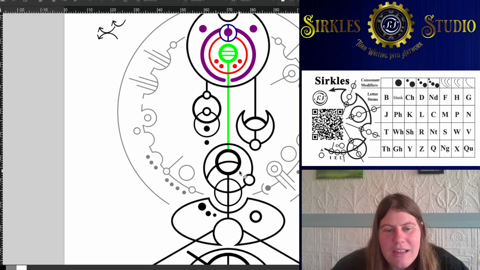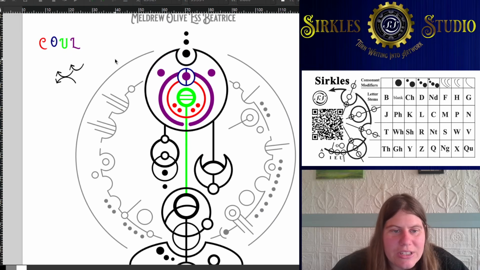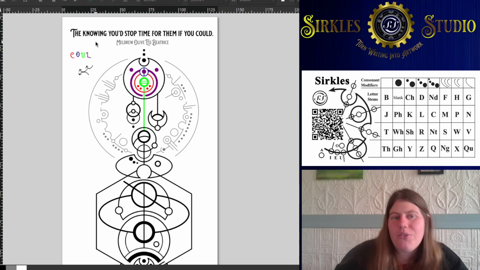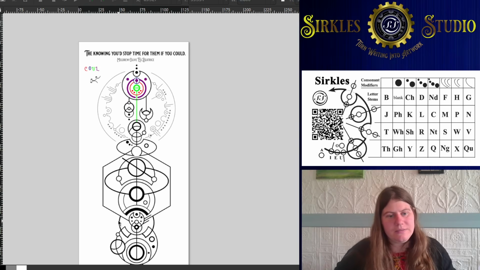So that's some crazy letter stacking there. Yippee. But it works. And that's how you read the crazy letter stacking. Okay, so that's the